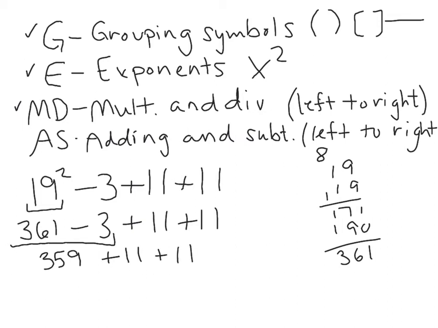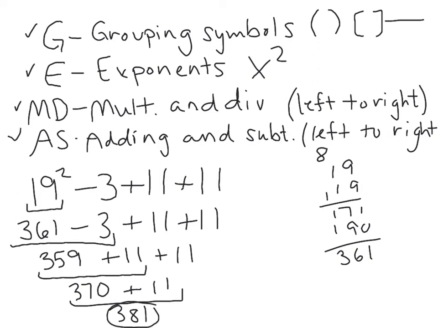Okay. Then I start on the left again. I have adding that I come across. So I do 359 plus 11 would be 370. Bring down the rest of my problem. The last step I have is also adding. So 370 plus 11 would be 381. Okay, I'm done with my final GEMDAS step, and I have simplified all the way to my final answer. All right, let's try one more